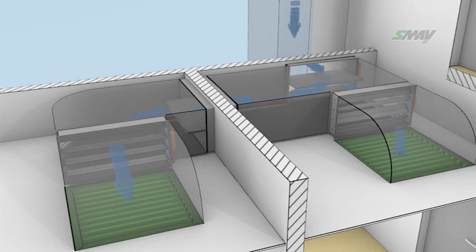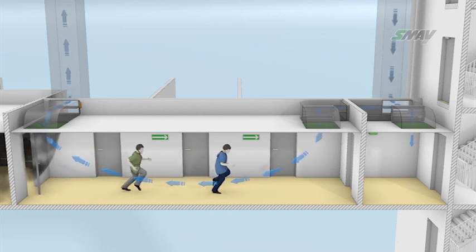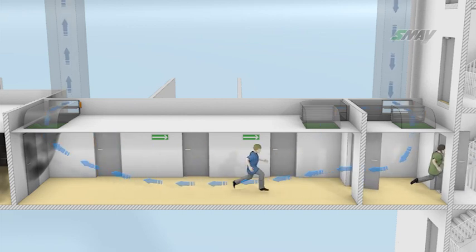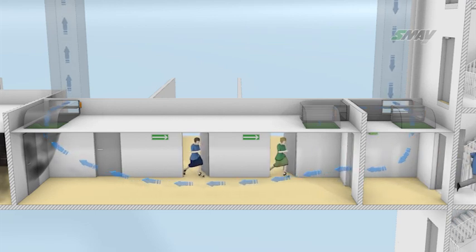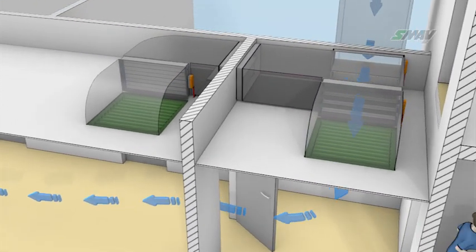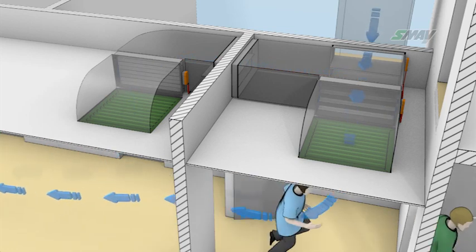When people begin to evacuate, doors between the lobby and the corridor are opened. When the doors are opened, pressure in the corridor and lobby will equalize, and this acts as a control signal for the system. This results in the damper in the duct leading to the corridor shutting, and the entire air volume is directed to the lobby. The air flows through the lobby doors into the corridor and is removed, together with the smoke, by the smoke extraction